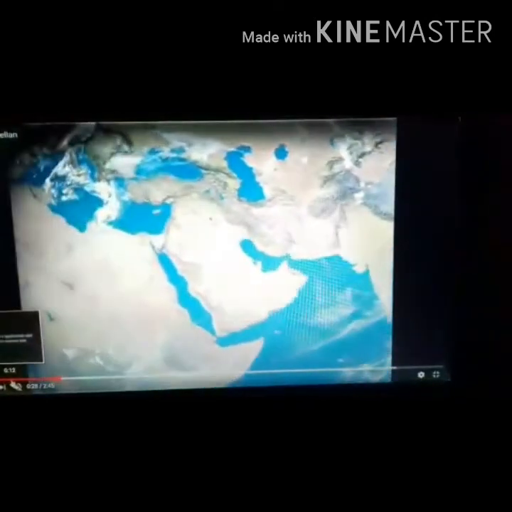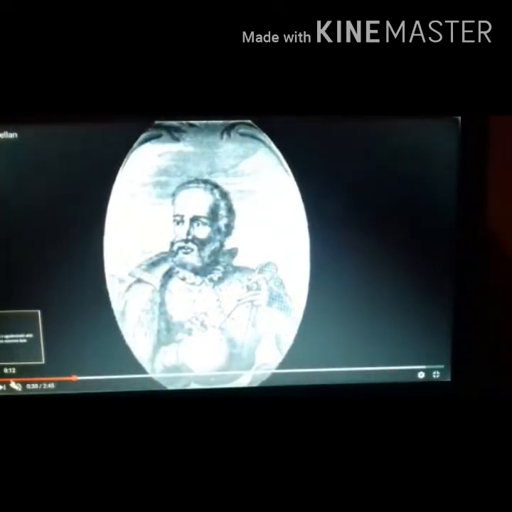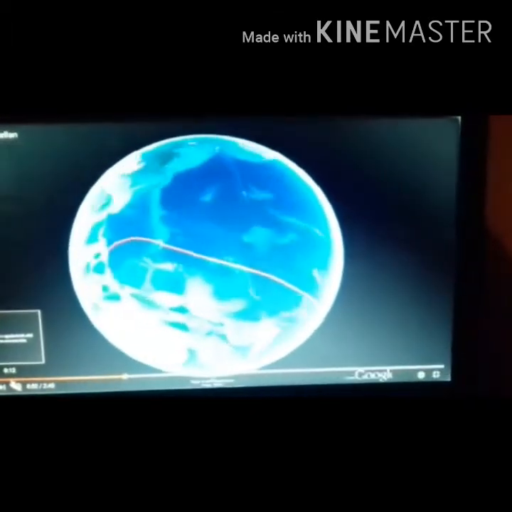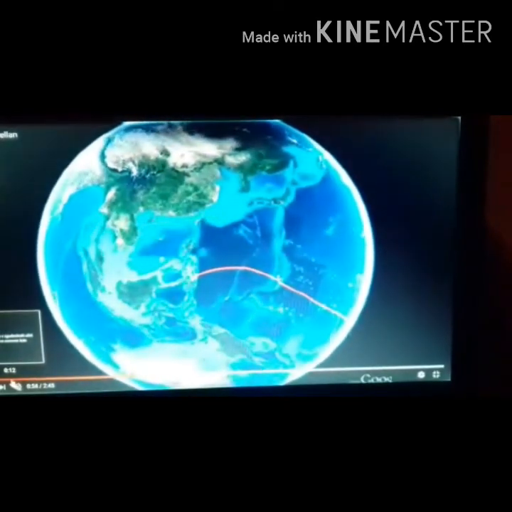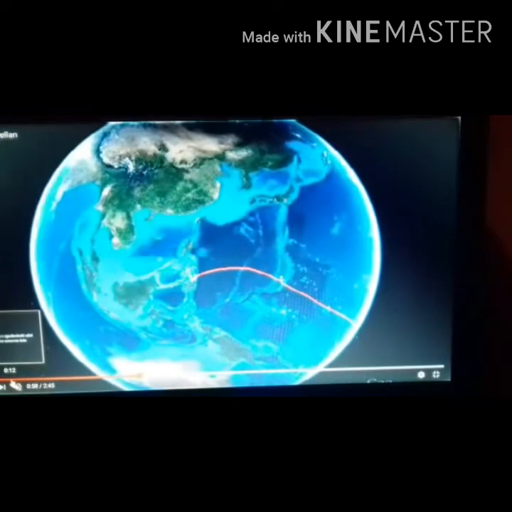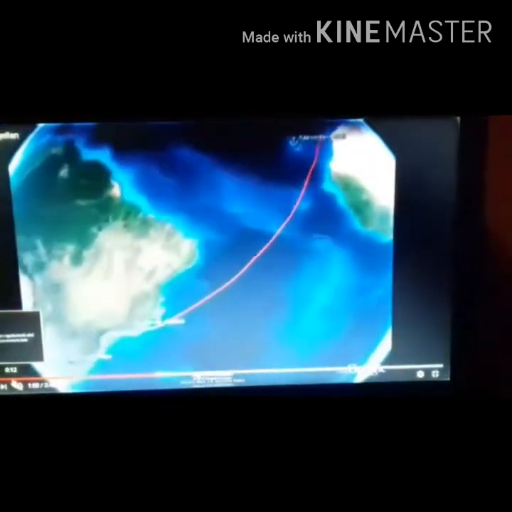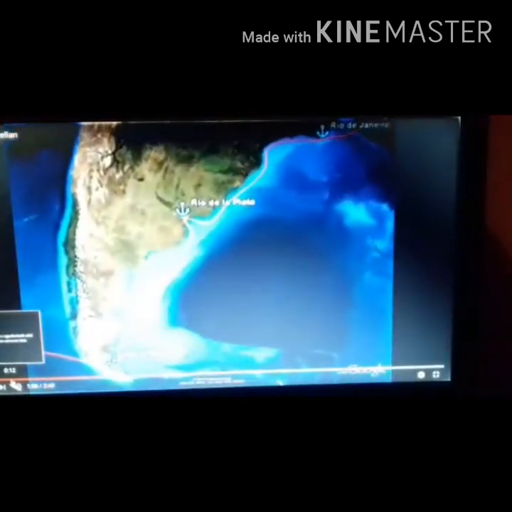In earlier times, people thought that the earth was flat and had edges. They believed that if they went near the edges, they would fall off. About 500 years ago, Ferdinand Magellan, an explorer. Explorer means a person who travels and investigates little known places. He proved that the earth is round.